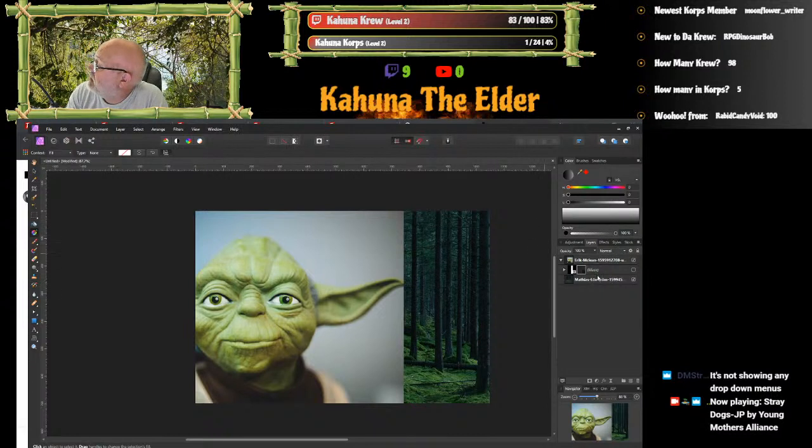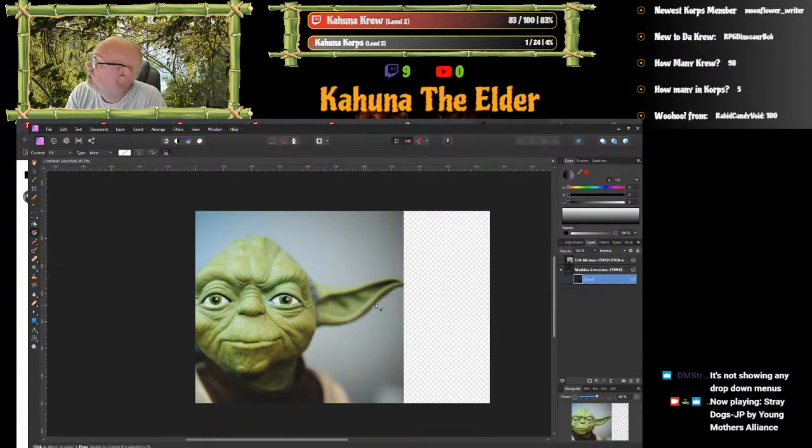Now that you have that layer in between them, let me do that again. So I'm going to create this layer in between, and I'm going to make it into a mask layer. Mask to below, and now I'm going to use my gradient.